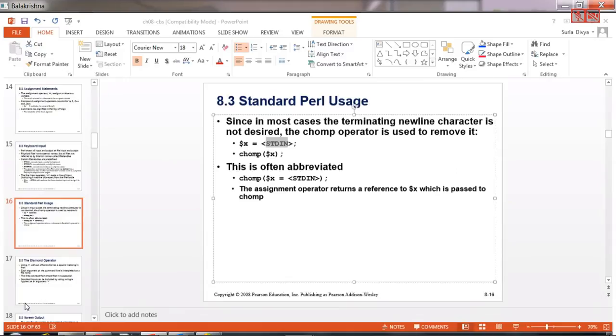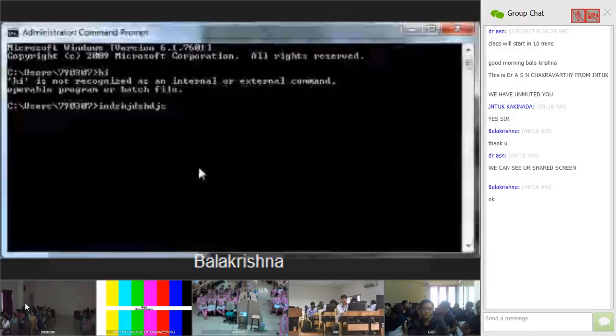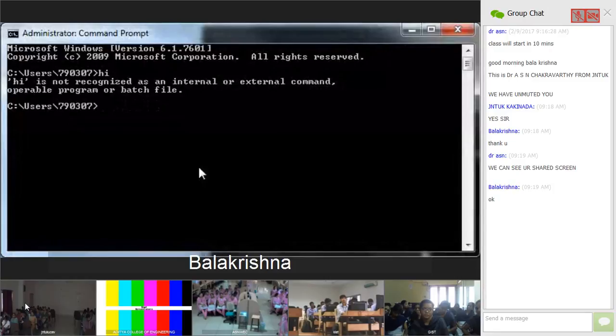For showing the examples, we have some restriction in installing some software, because I'm not able to directly execute those programs. So let's say I have a command prompt like this. This is an example I'm just showing. For example, perl test.pl. This is a file that you wrote a program in.